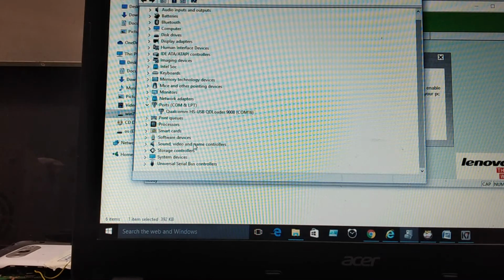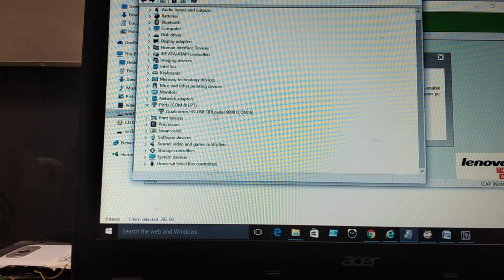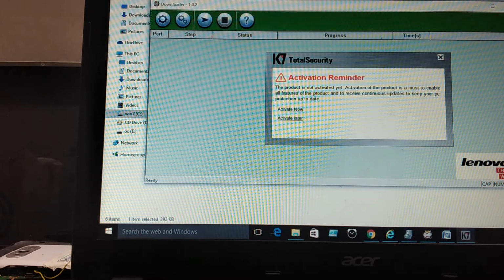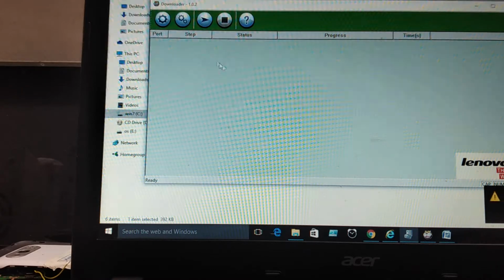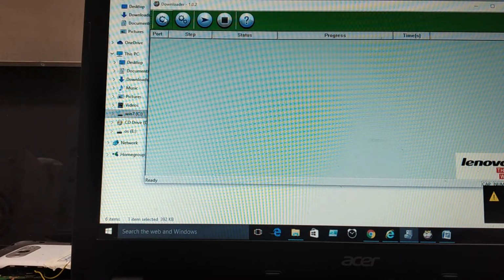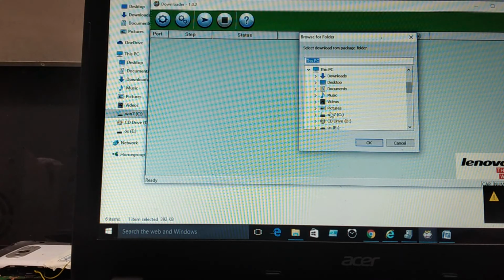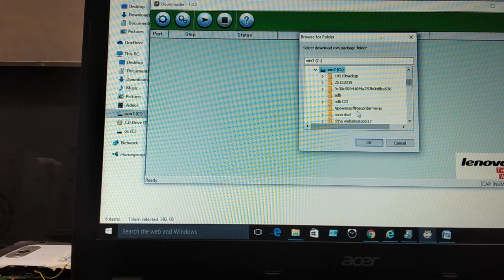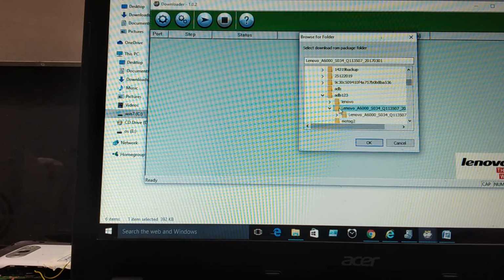Okay, you see here Qualcomm HS-USB QDLoader. Okay, it is in the device manager. Now go here, port, and you have to set the value. I have the file here, Lenovo